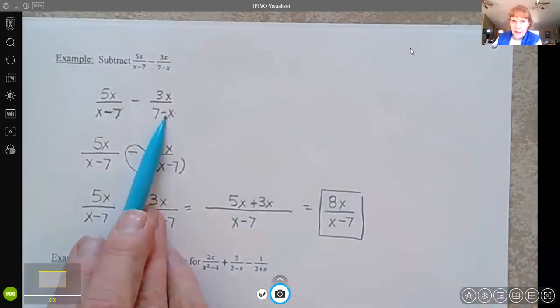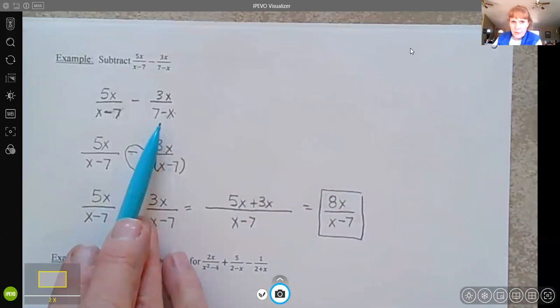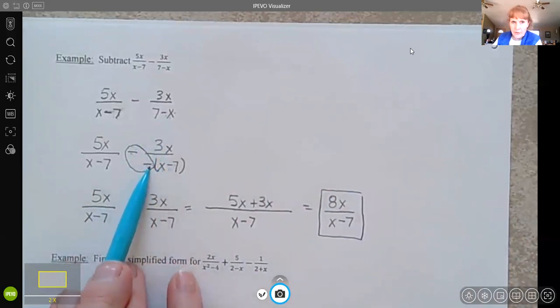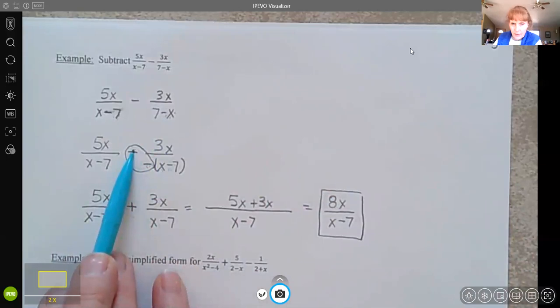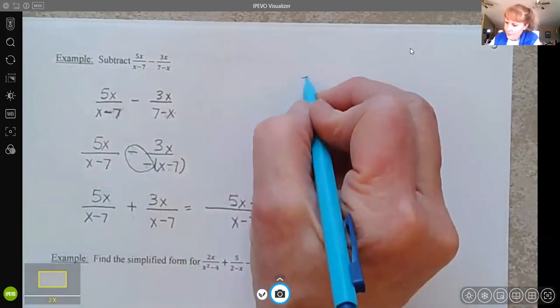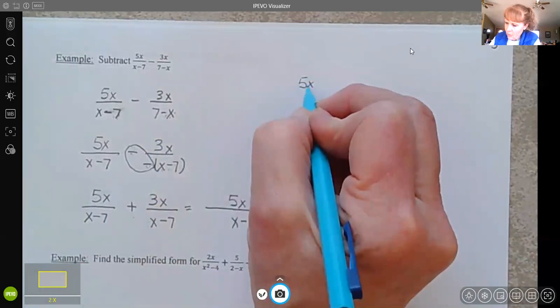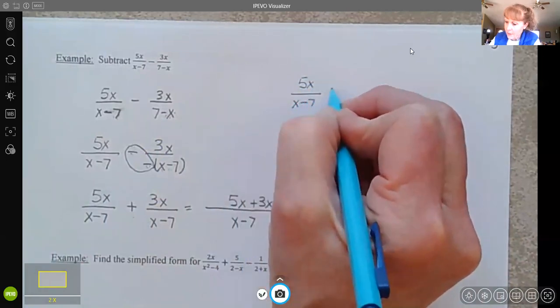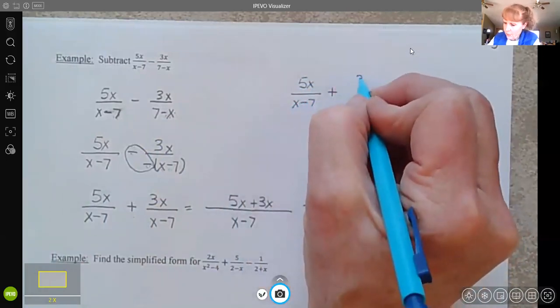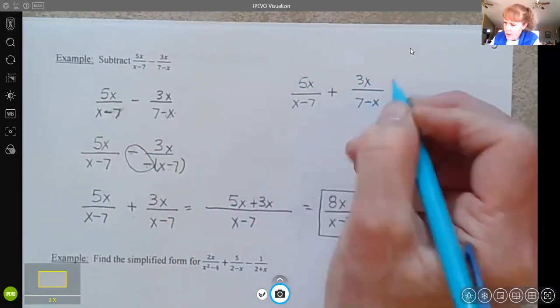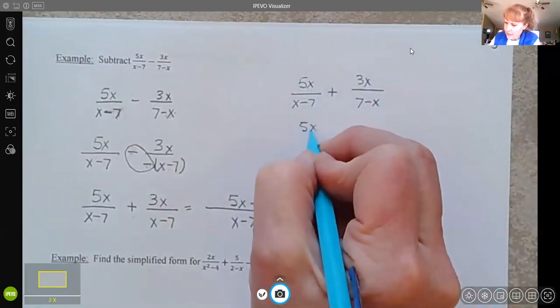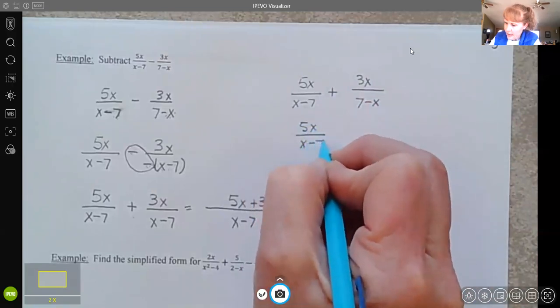So you can switch things, but then if you do, you have to have a negative out here. And so whatever that is, two negatives is a positive. Now, if that had been a positive, so if I would have had 5x over x minus 7 plus 3x, if I would have had this, I would have had 5x over x minus 7